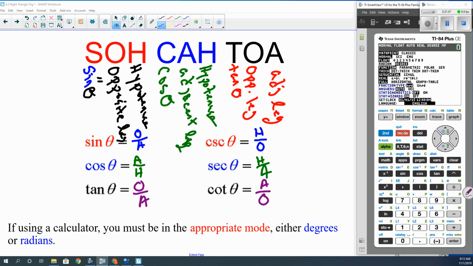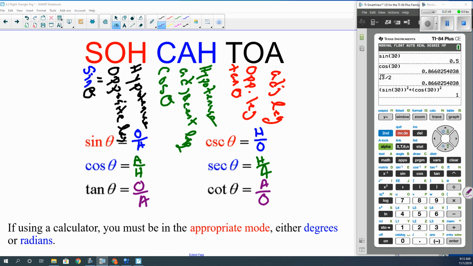So just to show you the difference, if I did say sine of 45 degrees, it tells me it's 0.7. In my calculator, 0.7 should be correct, because if I looked on my unit circle at 45 degrees, root 2 over 2 should be what my answer should have been. So if I typed in root 2 divided by 2, it should be that 0.7 number, and it was. Now, if I'm in degrees and I tried to put the corresponding radian angle measurement, so 45 degrees corresponds to pi fourths. If I did sine of pi fourths,